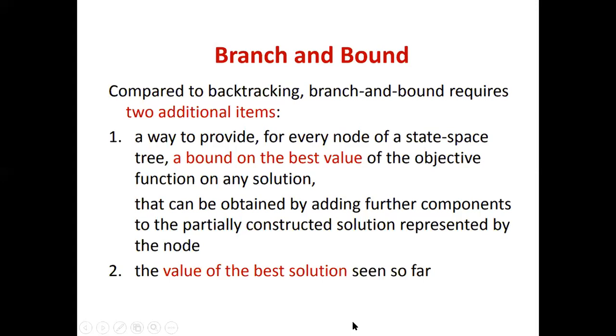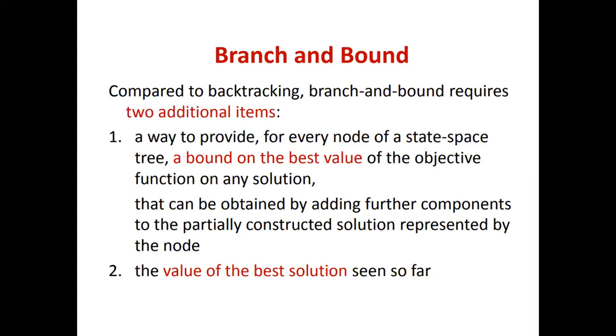But then a question arises. If a maximization problem is given, there is a chance to convert that maximization into a minimization problem, and then you can start solving using branch and bound. But the only thing you should remember is that this is basically used to solve minimization problems. That is what the branch and bound technique is all about. So the difference is: backtracking is used for optimization problems, considering both maximization and minimization, whereas branch and bound concentrates only on minimization problems.